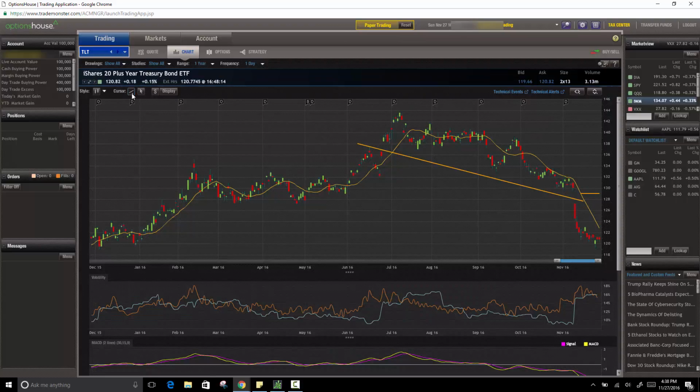So you can click over and draw your lines. You can change what type. If you want support and resistance, it'll make a horizontal line, which you can drag and move around. What I do like about this is the volatility chart beneath. If I click on display up here,